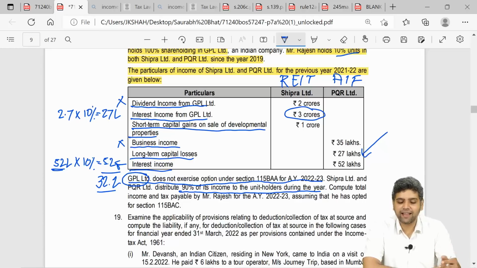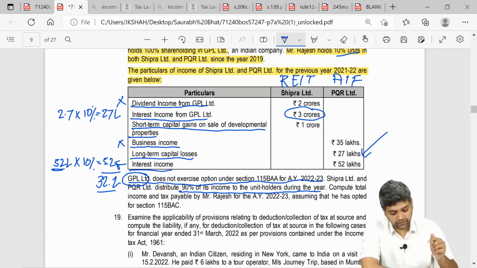However, again Mr. Rajesh does not have any other long-term capital gain to set this off. So this 2.7 lakhs would be carried forward by Mr. Rajesh. If he had any long-term capital gain, I would definitely set it off. In case Mr. Rajesh in the next year has some long-term capital gain, this 2.7 lakhs would be carried forward and set off by Mr. Rajesh. But as far as current year is concerned, his total income is